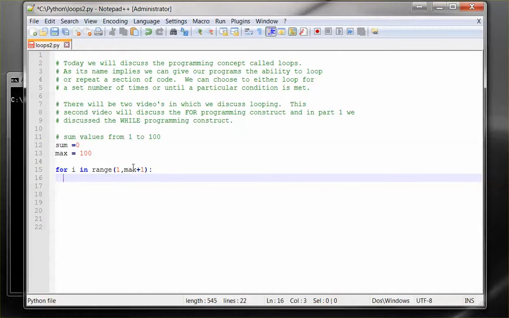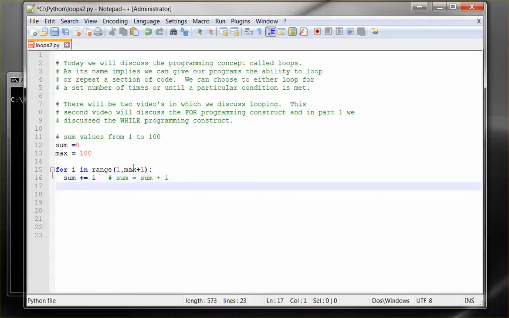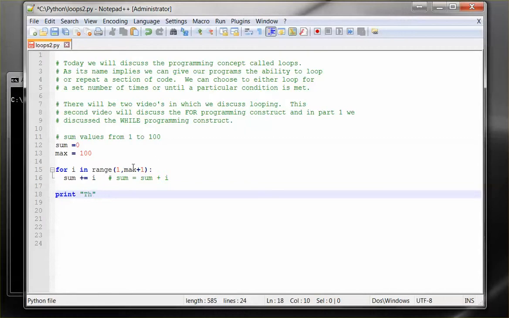All right, we'll continue on in our program. We're going to say sum plus equals I. Now, if this is new syntax to you because you didn't watch the previous video, this is shorthand for saying sum equals sum plus I. All right. After the loop is complete, we're going to print the result